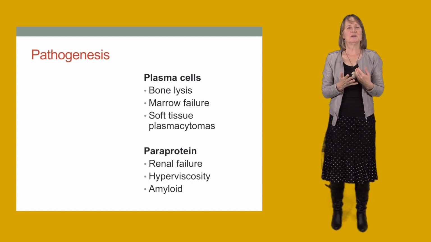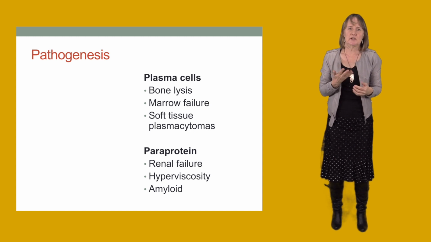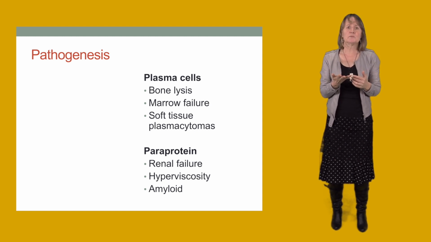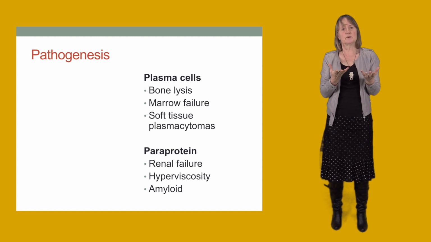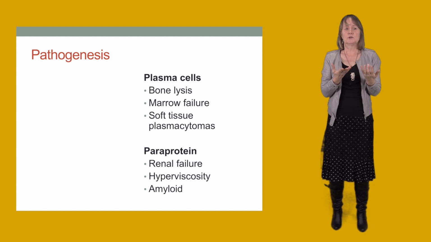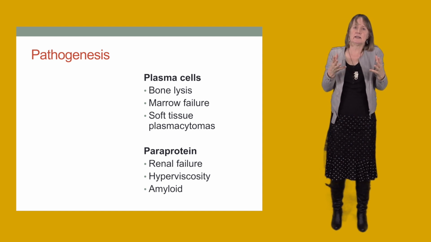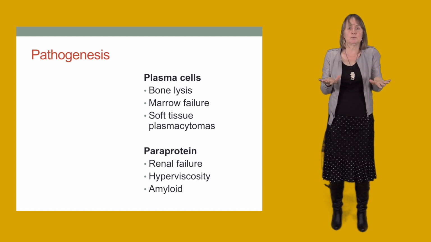At first sight, myeloma presentations can seem a little bit complex and confusing, but really we can work it out because most of them reflect either an accumulation of plasma cells that is causing a problem, so a lump of plasma cells, or a problem that results from the paraprotein production. So plasma cells accumulating in the bone marrow will cause a suppression of normal hematopoiesis, and it may result in